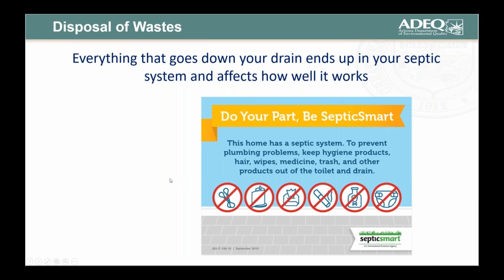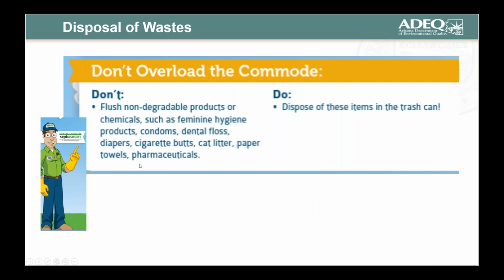Your toilet is not a garbage disposal. Toilets are not trash cans. Don't overload the commode. Don't flush all these things. Don't put other things like cigarette butts, cat litter, paper towels, pharmaceuticals, or non-degradable products down the toilet. Dispose of these in a trash